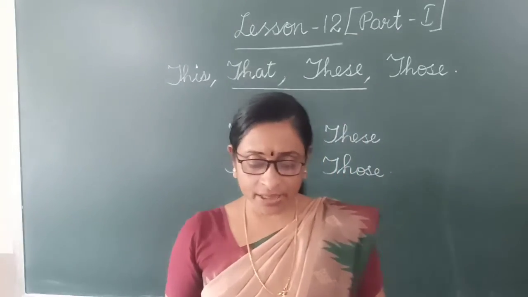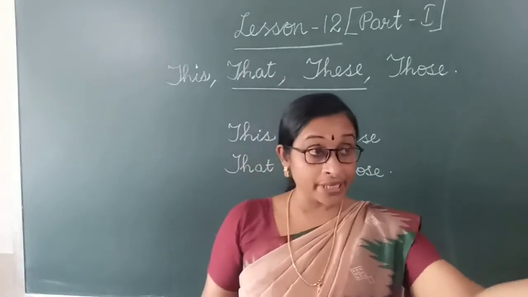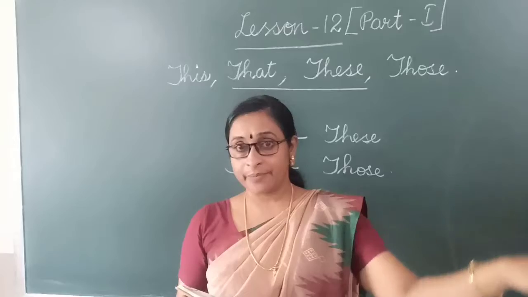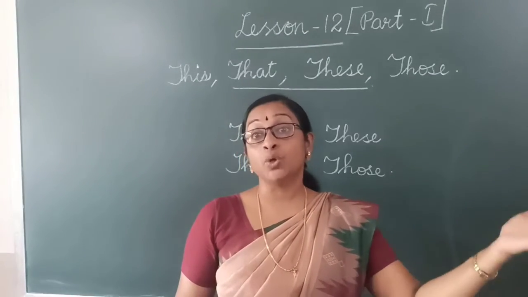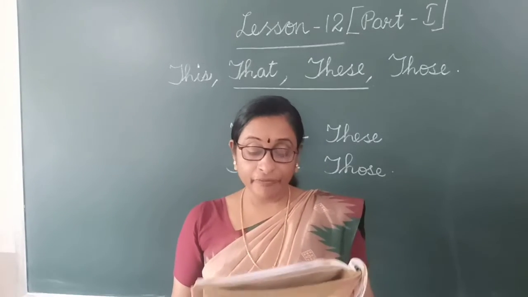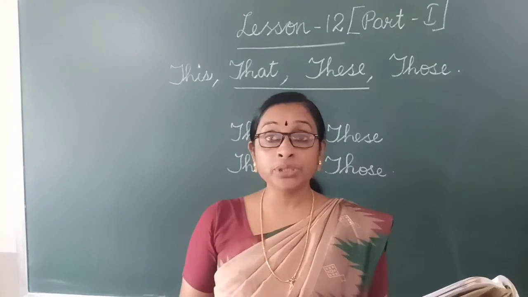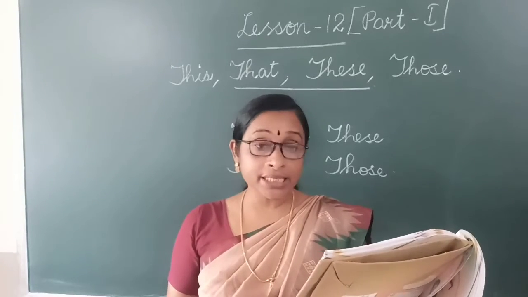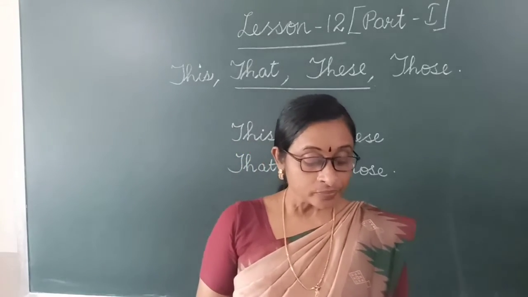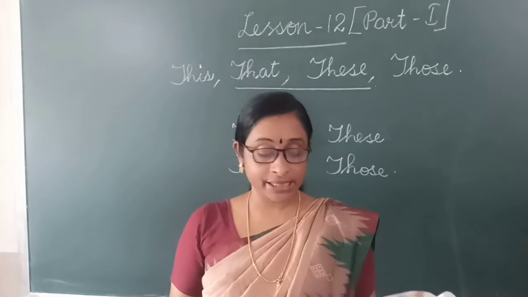Okay. Next one. That is a pencil, those are pencils. I am saying that is a pencil and those are pencils. There one pencil is kept, then I will say that is a pencil. If it is more than one, I have to say those are pencils. Okay. Now read. You can use this when you indicate one thing near you. If it is near you, you have to use this. You can use these when you indicate more than one thing near you. When the things are more, but it is near you, you have to use these.